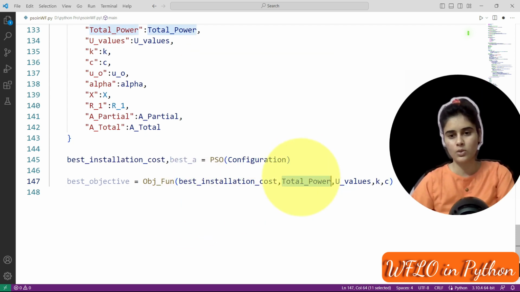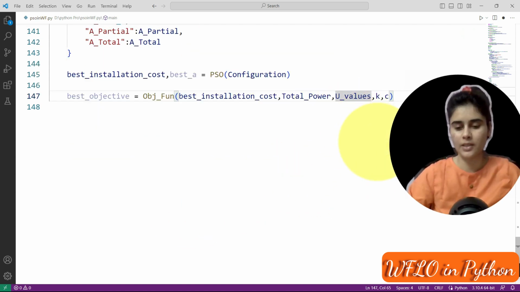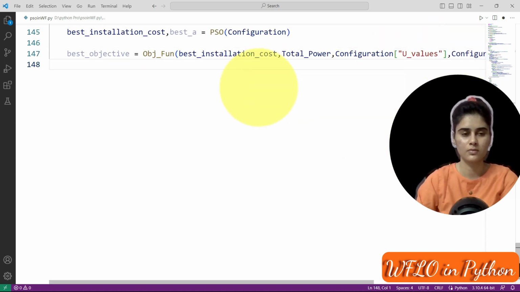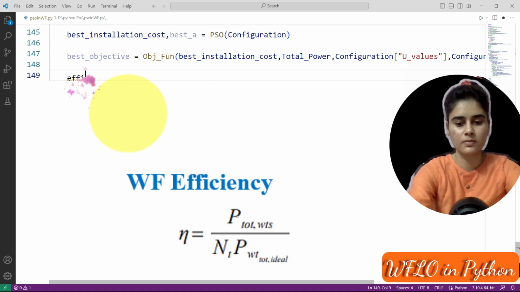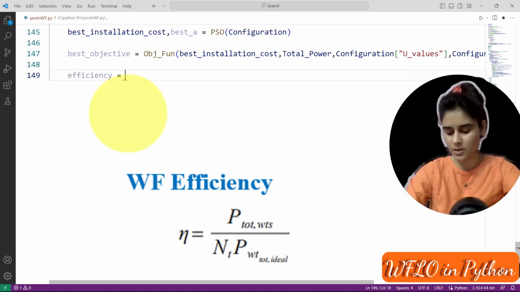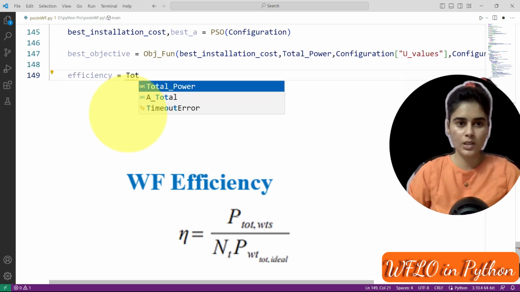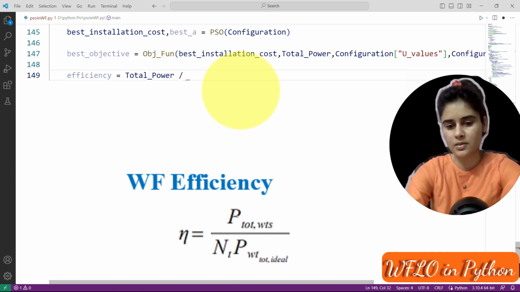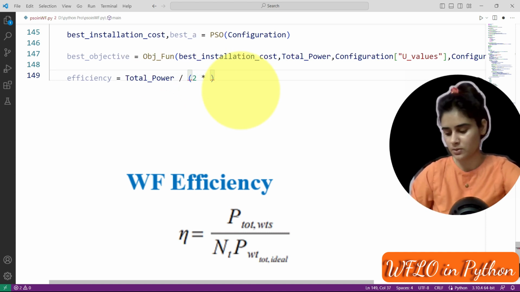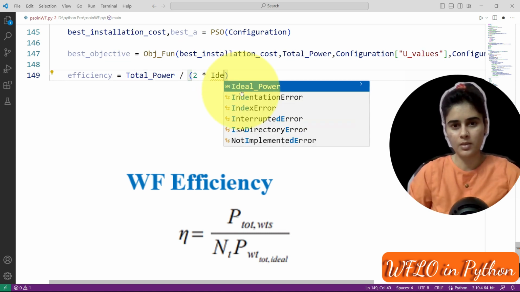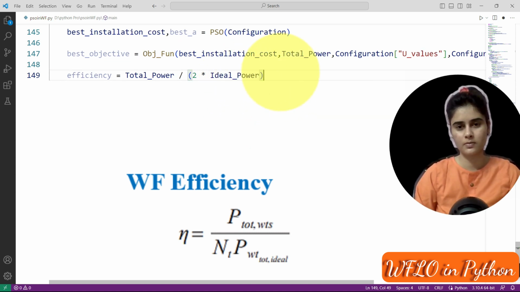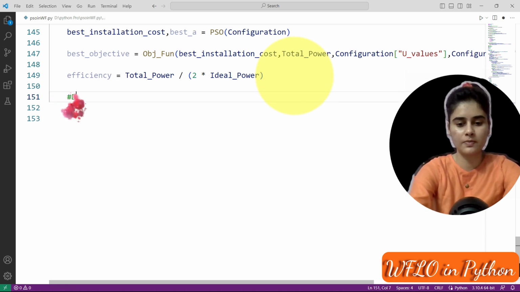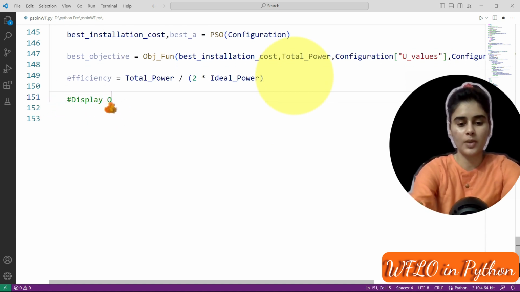Then total power, wind speed value we will use here as C, that is equal to total power divided by 2 into ideal power. And finally we will display the output values.